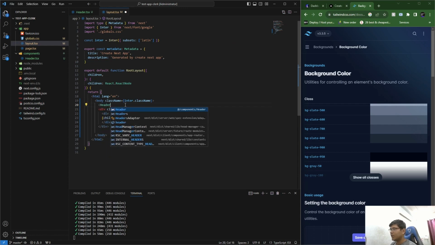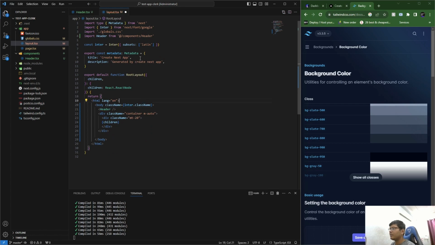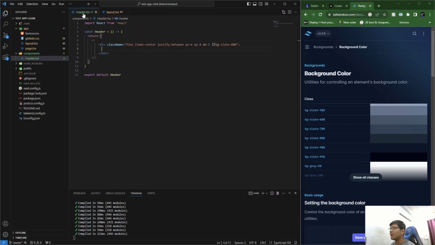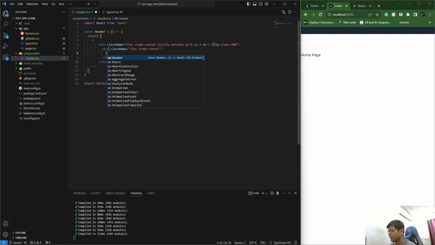So let's hit there, double click, quickly import like this, and yeah, I think this is good. Okay, so we have it. Now I want to add div.flex.items-center. Okay, so we have a div with items center. Now I want to give a link up here, so it would be Link,